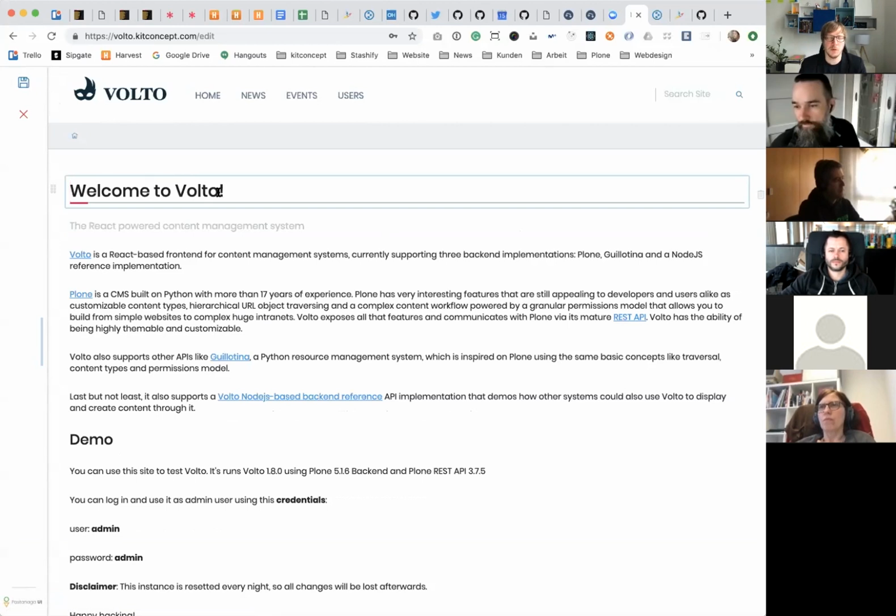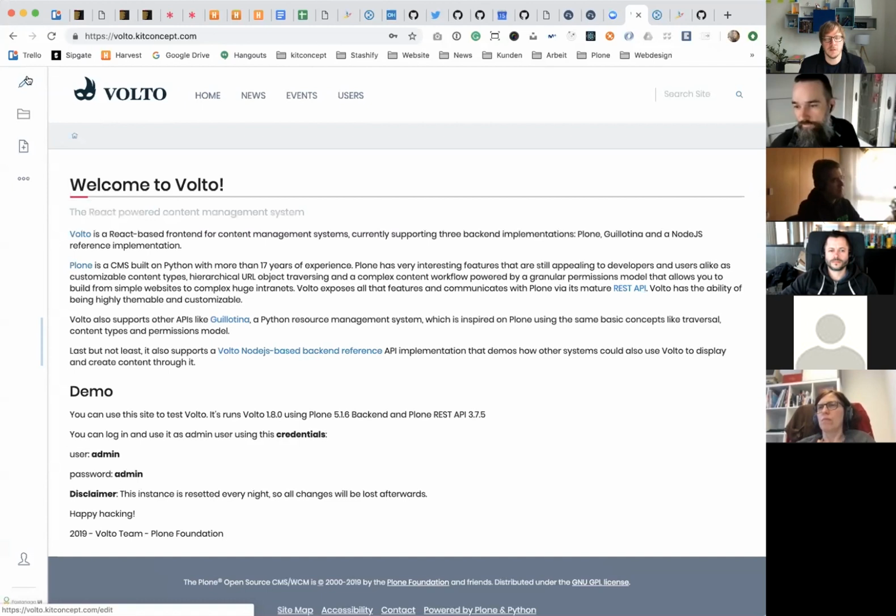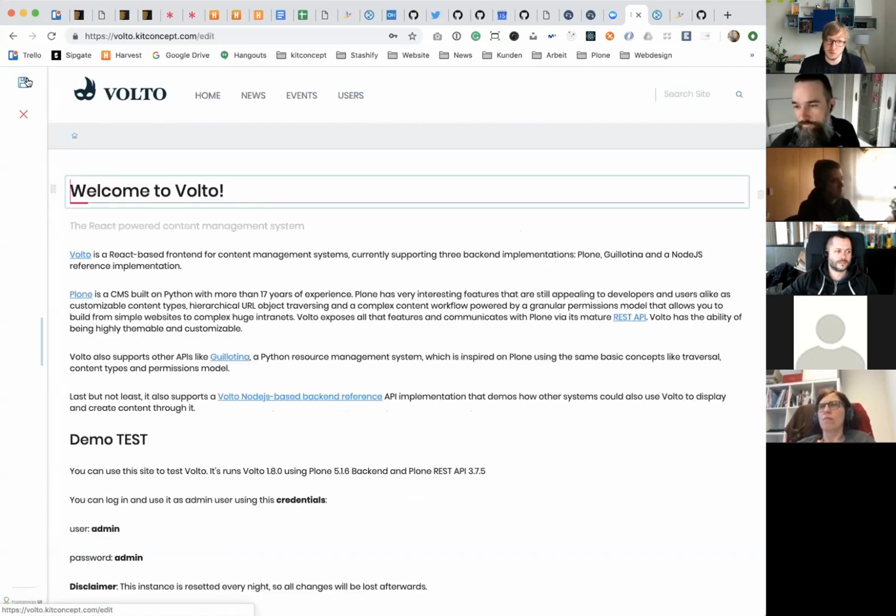So if you're in edit mode in Volto, you see that the edit mode looks almost exactly like the view mode, right? It's something new in Volto. Something that Plone always had as an idea is in-place editing with the same look and feel. So far, we were only able to do that on a very low level with TinyMCE, trying to make sure that the styles work. But with Volto, for the first time, we have the option to really see what you get, and really edit what you get.